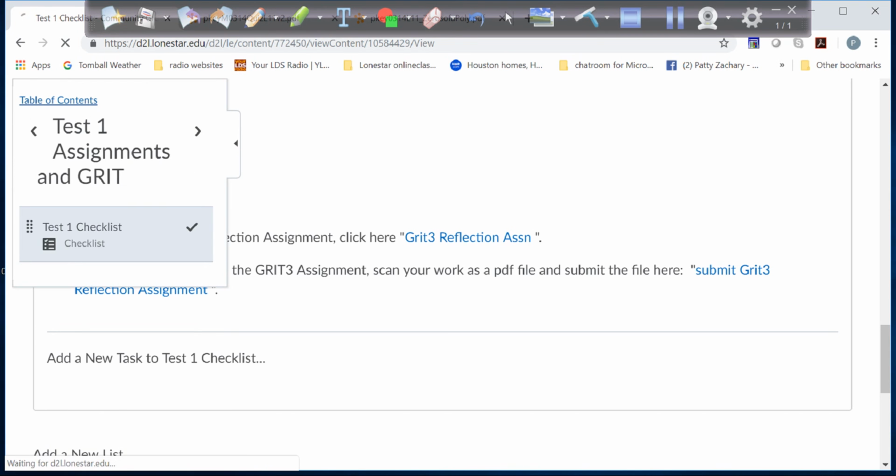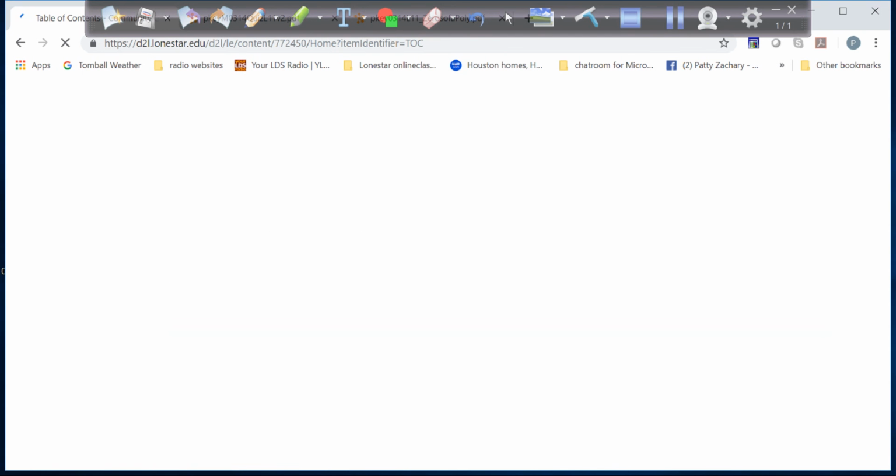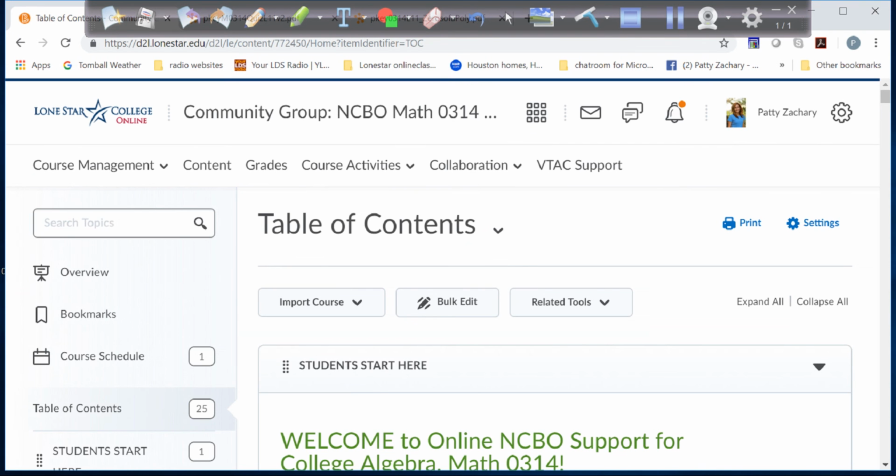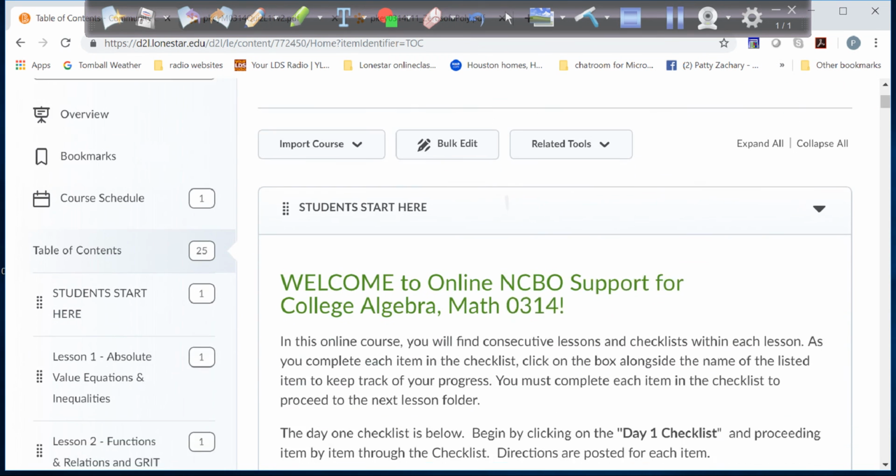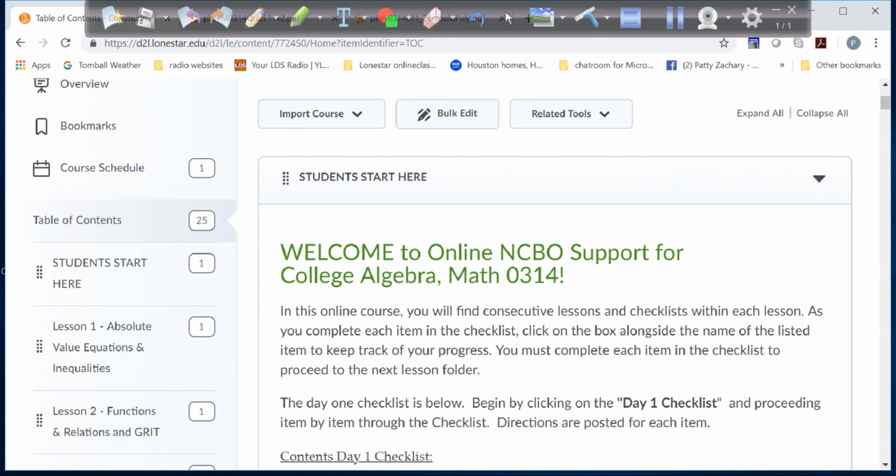So in general, the design of the course is to have all of their lessons in consecutive order. Each lesson is a checklist. Each lesson will consist of the notes, blank notes, filled notes, video, and then also sample quiz and true quiz. Then they may have a discussion in the checklist also, or they might have a grit assignment. So in general, that's the design, the layout of the course, and I hope that you can quickly navigate it,